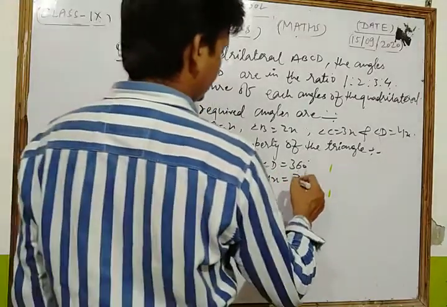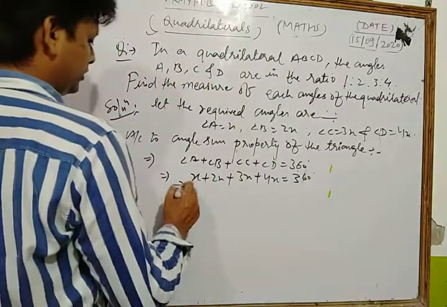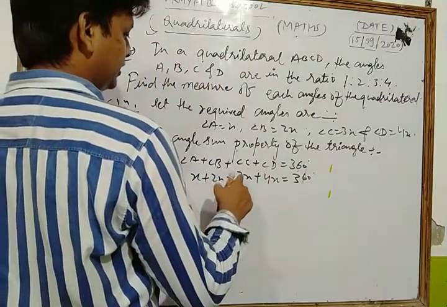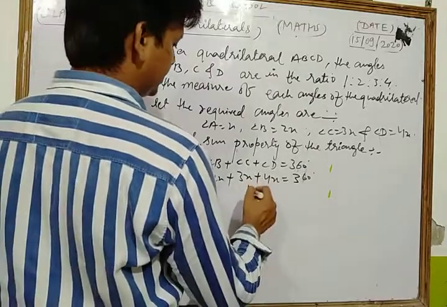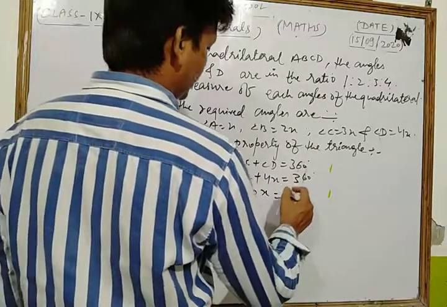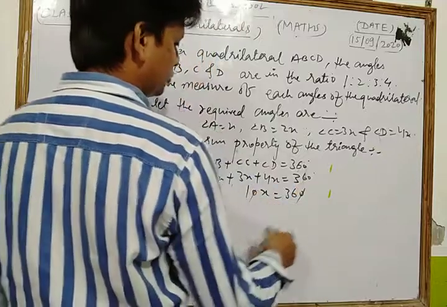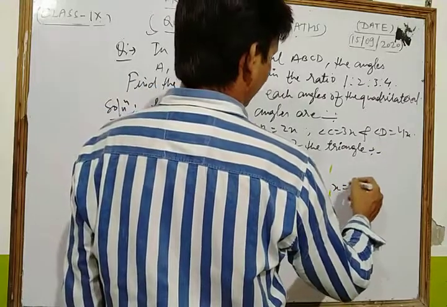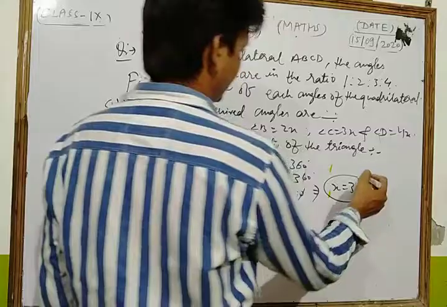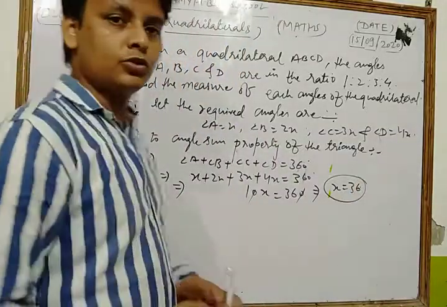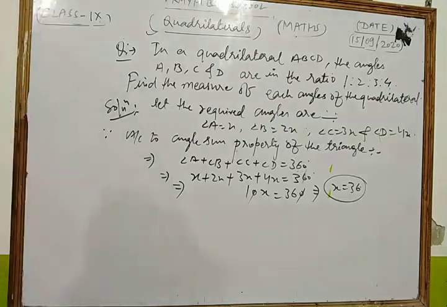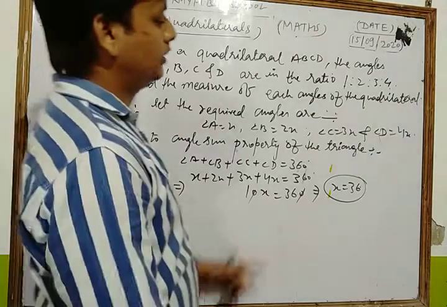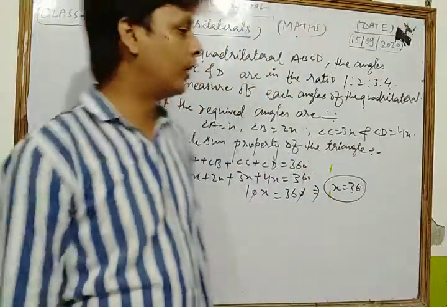360 is equal to what? 360. Now we get 2, 1, 3x, 3, 3, 6x, 6x, 4, 7, 10x. 10x is equal to what? 360. Now the zeros cancel each other. So in this way, we get the value of x is 36. So, dear student, hence in this way we get the value of x, which is equal to what? 36.